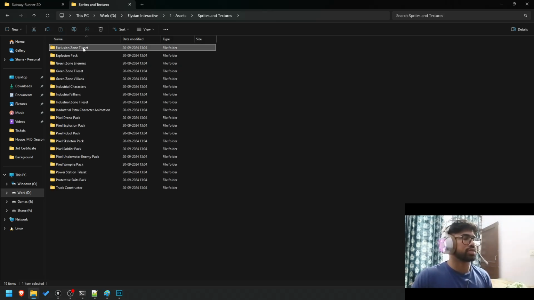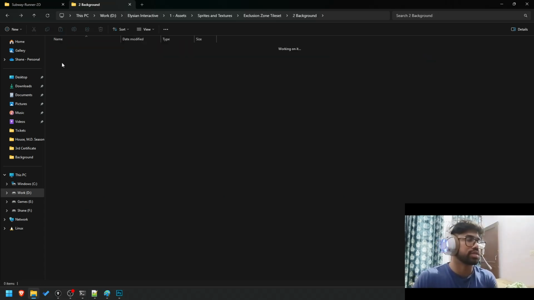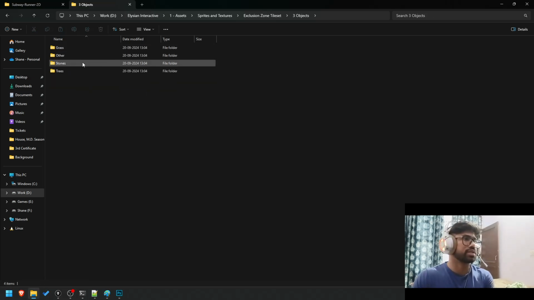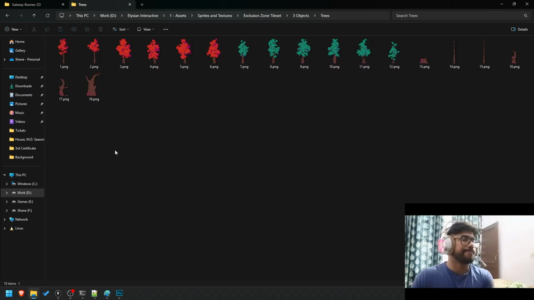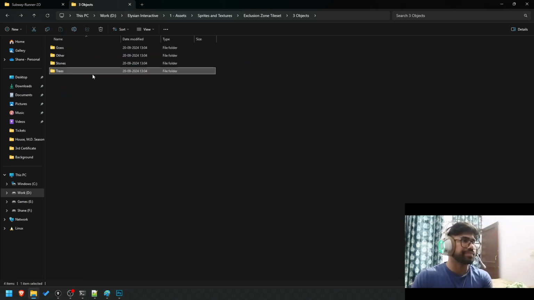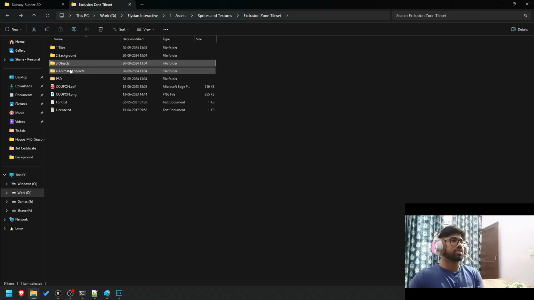Python textures, exclusion, tile sets, background, objects, stones. Mm. Maybe I can throw in stones, right? Maybe I can throw in stones. That would make maybe